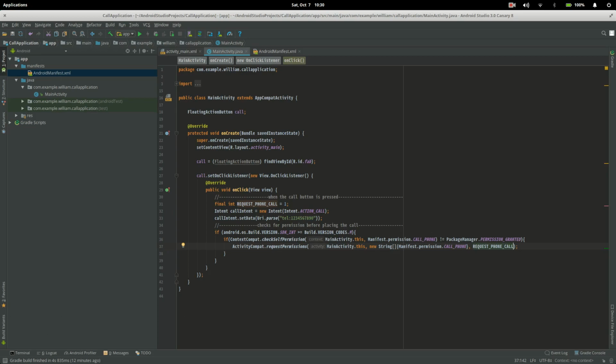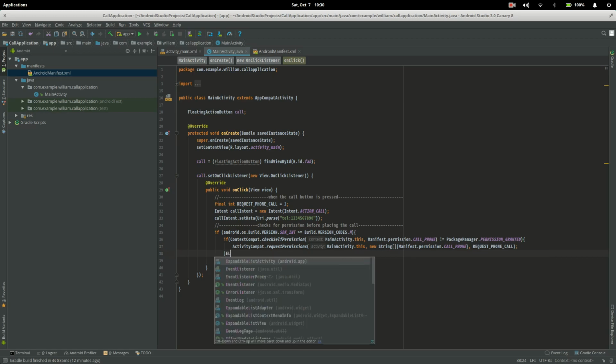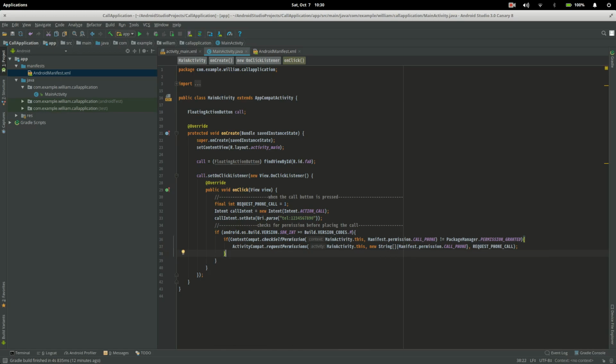Sorry about that. So after that, now we're actually going to put the else of the if statement, which will be under here. So we're going to type in else. I have no idea why I keep typing capitals. So we're going to do else along with our curly braces, and we're going to put a comment in here saying what this next section of code is going to do. And what that section of code is going to do is say places